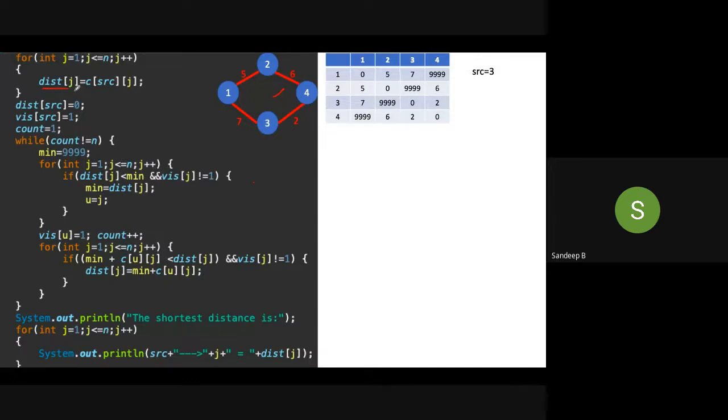Distance of j, where j value is 1, distance of 1 is equal to C of source comma j. Source is nothing but our value 3. So what will be stored in the distance array?